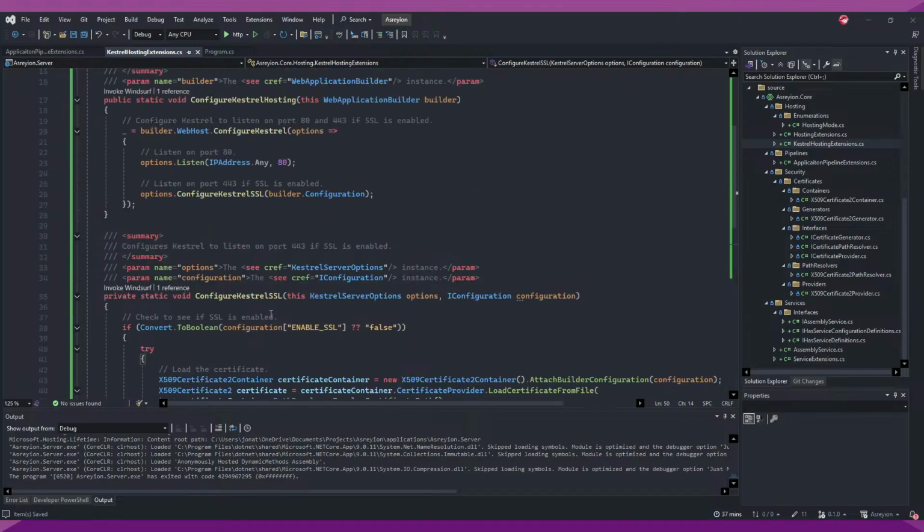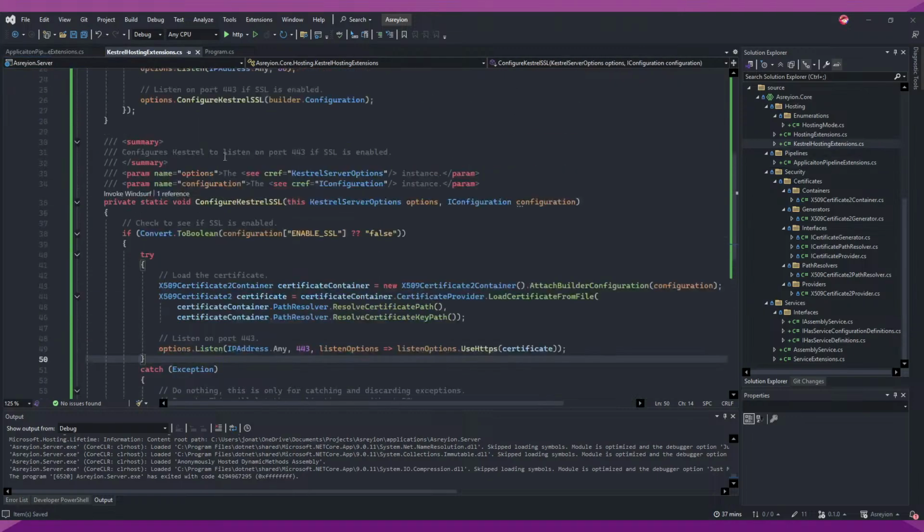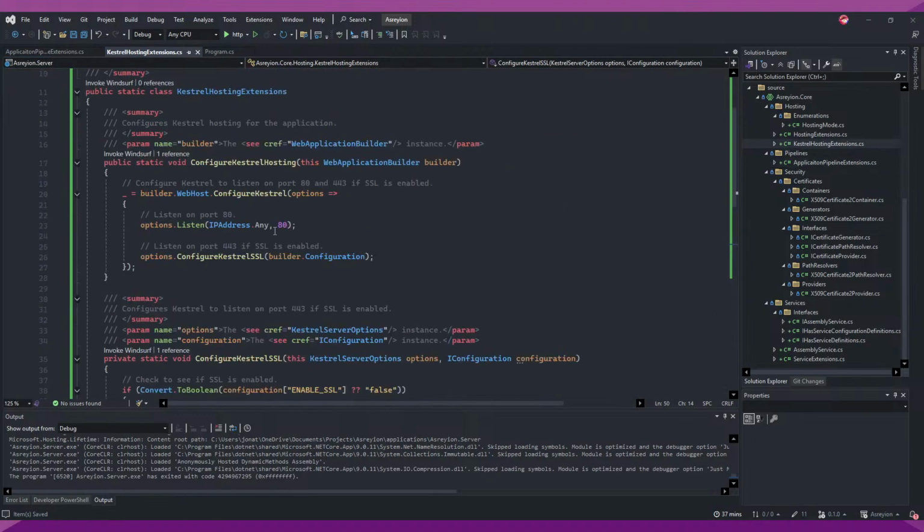So this actually isn't doing it for skin, so I need to work on this, but basically if we try to load SSL and for some reason it blows up, like if it blows up loading the certificate or the SSL, it will let us run on port 80. Kestrel, it'll try loading,